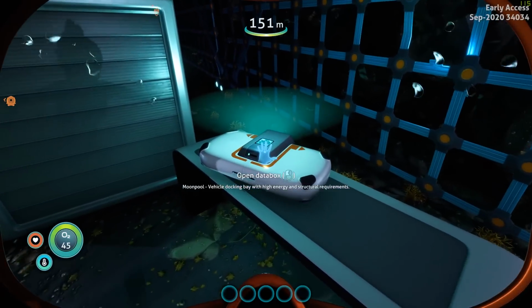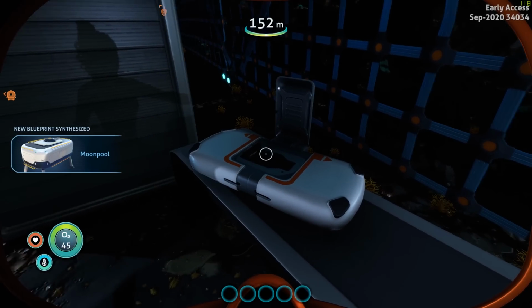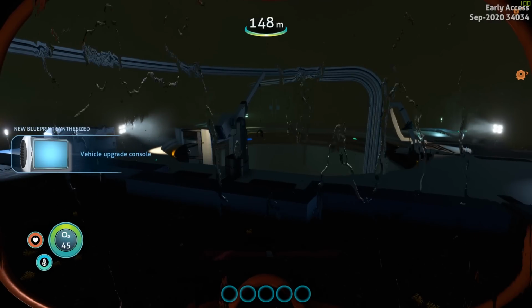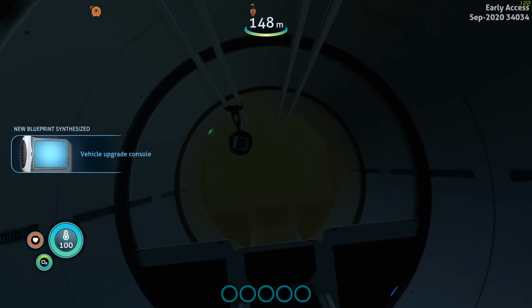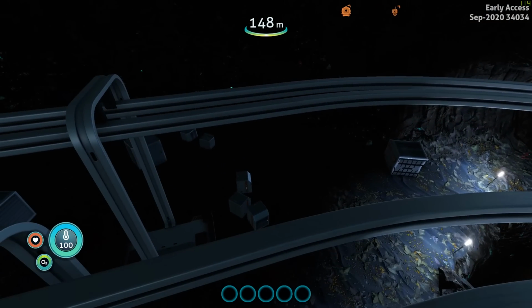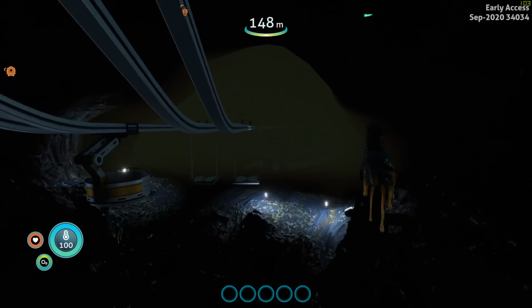But with this, you're going to get the moon pool. So moon pool is up here now as a data drop. New blueprint acquired. And then let's free cam down through here. Kind of seems like we have more boxes kind of strung about now as well. As we come through here, though,